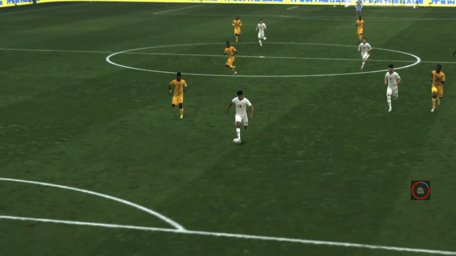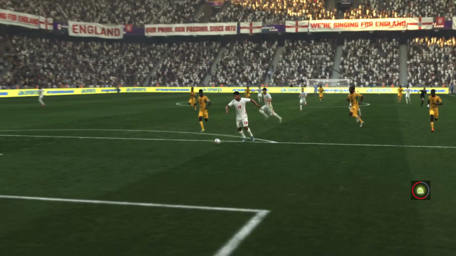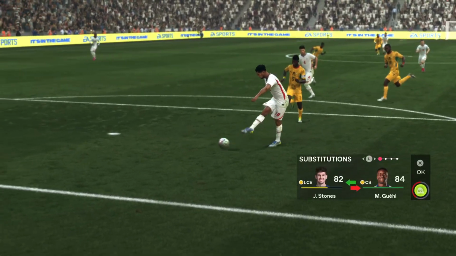Here's the replay, and he does well to find space. But you'd always expect him to score from that sort of range.